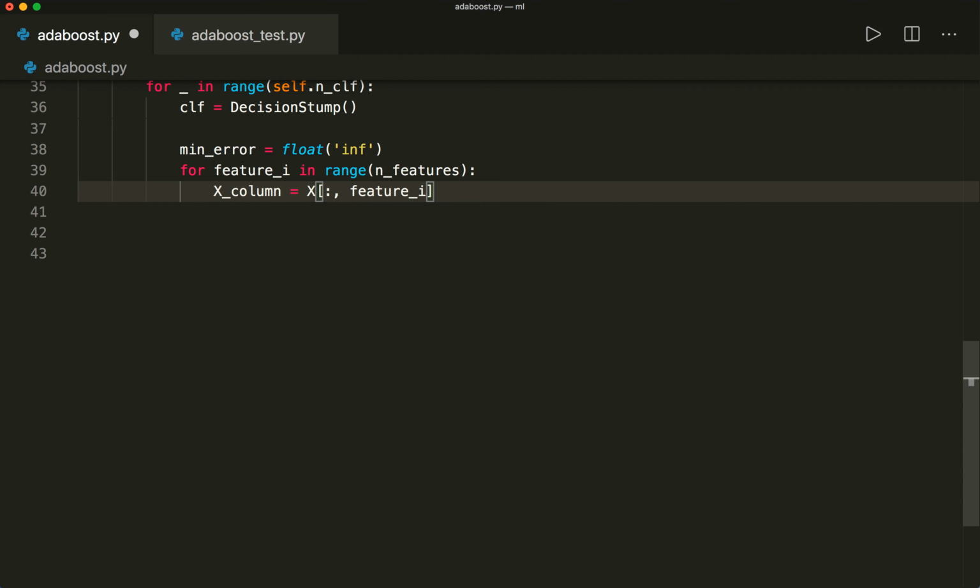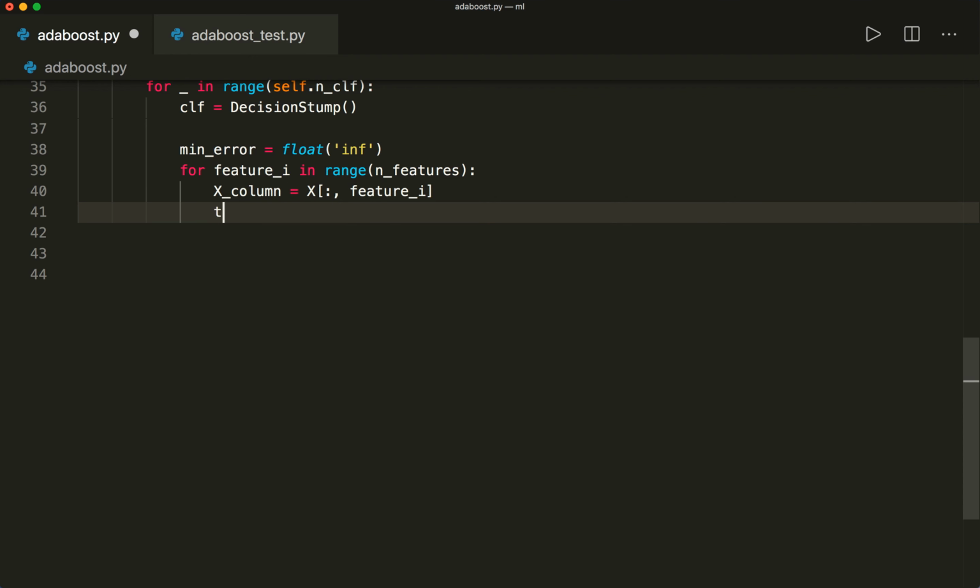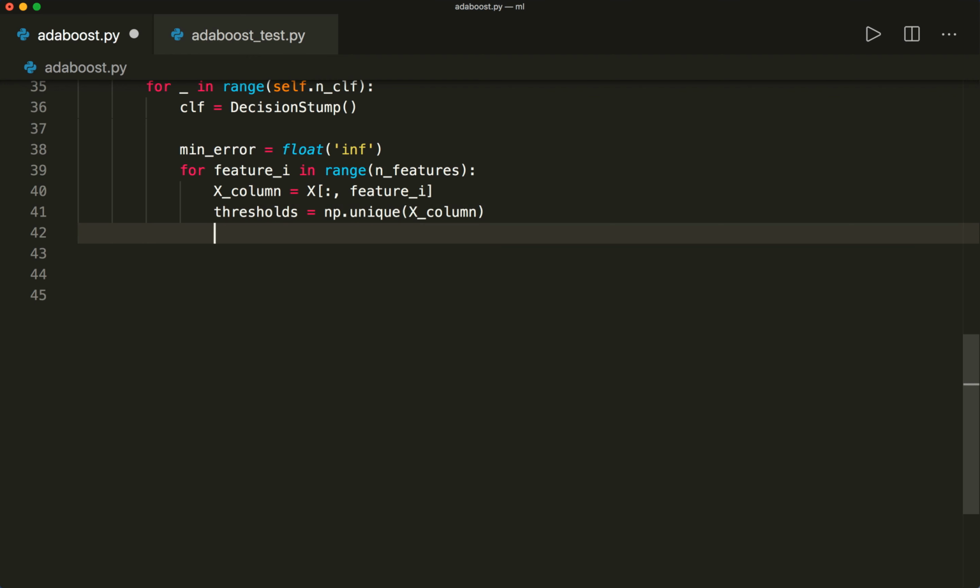And then we want to get only the unique values, and these are our thresholds. So let's say thresholds equals numpy dot unique, and here the unique values of our column, so X column. And now we iterate over all the thresholds. So let's say for threshold in